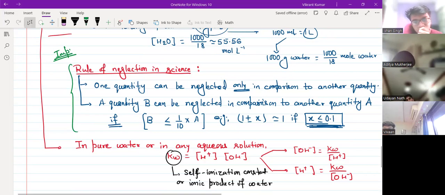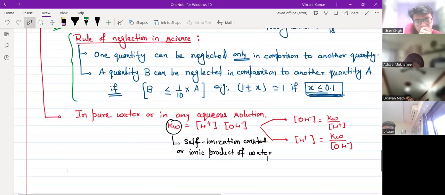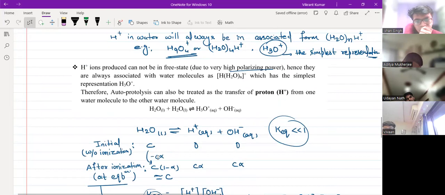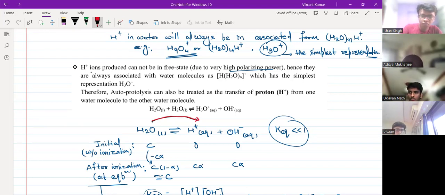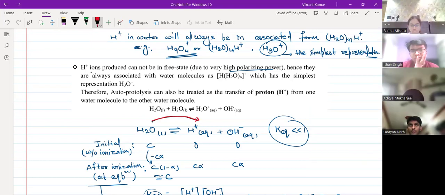So like I told you, किसी भी केस में if they are having KW का वैल्यू तो एक इक्विलिब्रियम कांस्टेंट। अच्छा ये बताओ तो मेरे को, ये फॉरवर्ड जो है वो एंडो है कि एक्सो है? H2O giving H plus and OH minus, is it endo or exo, this reaction? Okay, some of you are saying exo, some of you are saying endo.